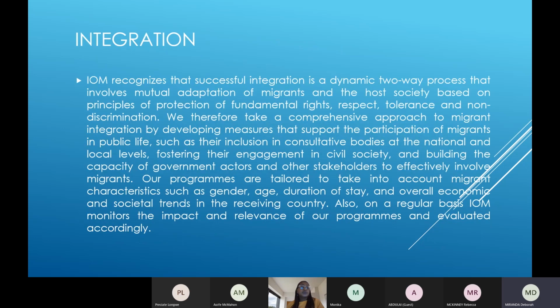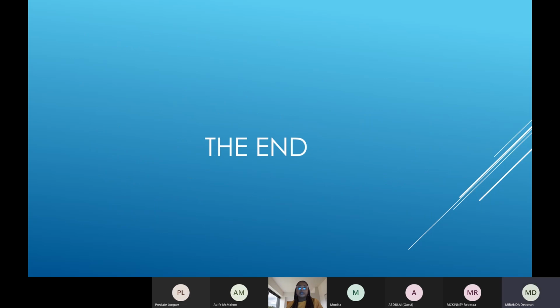We also assist with integration, which I have already mentioned earlier, that we do assist people who are coming into Ireland to resettle and integrate. We also work with migrants that are already residing in Ireland and assist them with integration. And we do this by linking them with the right professionals, linking them up with the right external service providers as well.